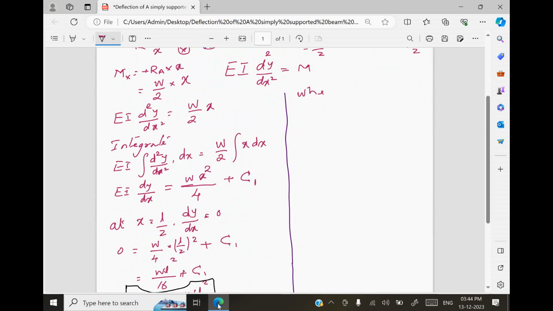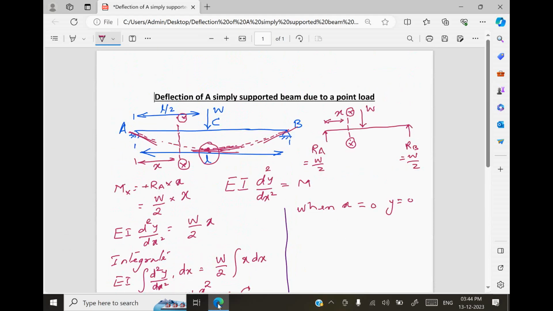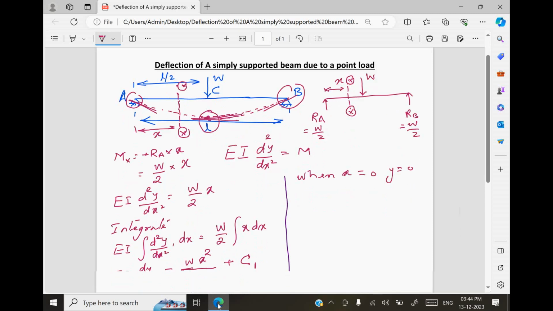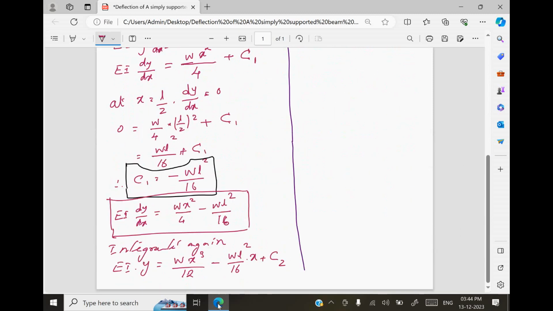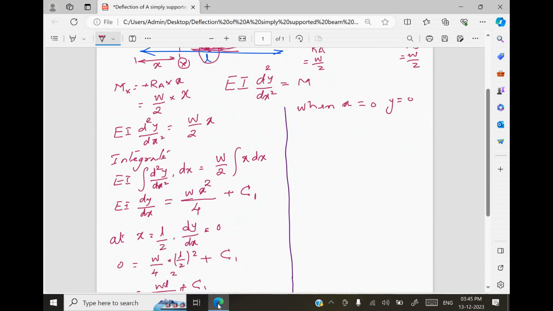When x is equal to 0, your y becomes 0, is it not? See, you go up, you see here at this point y is 0, at B y is 0, correct? So now let us just write into this equation what happens. This first term will also go, second term will also go. C2 will be equal to 0, is it not? So I can say 0 is equal to 0 plus 0,